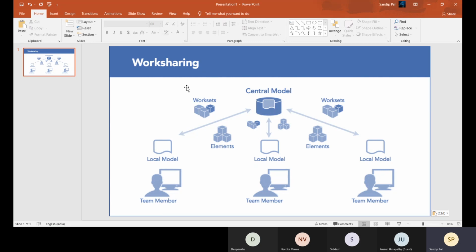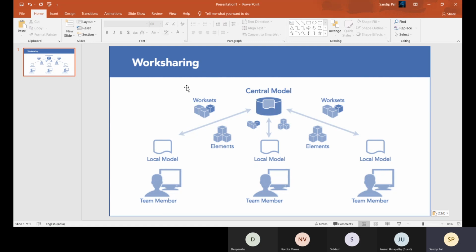You are generating a local copy from that master file, and your master file should be present in a network server or in a common data environment. The common data environment is a platform where all the team members work together.